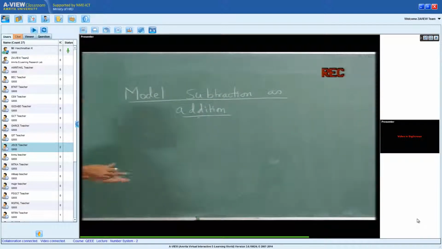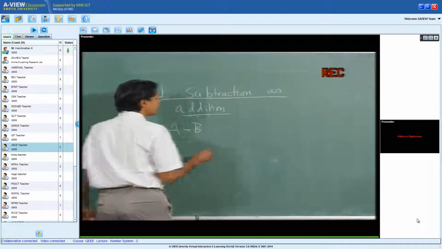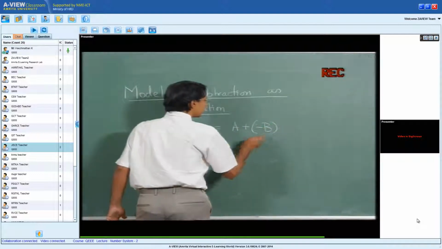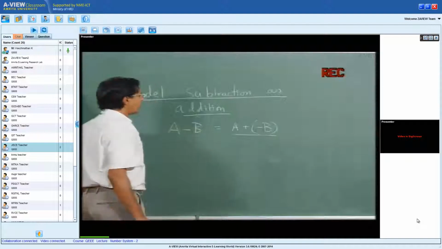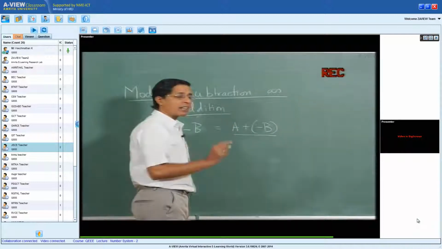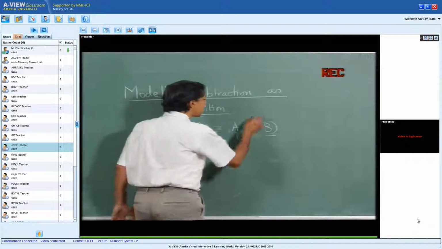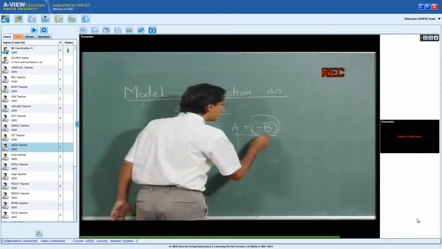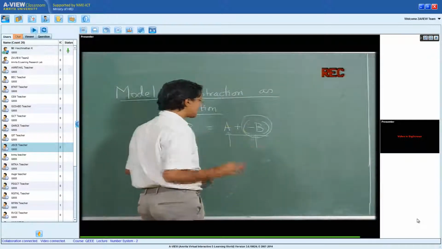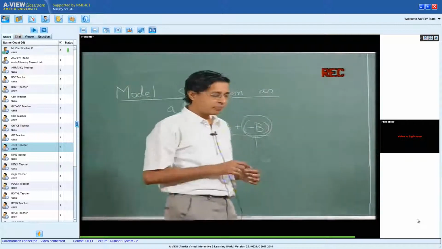Now how do we do that? There is a very simple intuition for this. Suppose I want to do A minus B, this should become A plus some minus B. As far as the hardware adder is concerned, it will assume that A is an unsigned number and whatever this minus B is another unsigned number, it will just do addition and give us a result, and that we have to reinterpret to find out what the answer is.